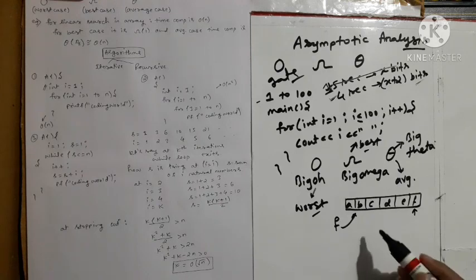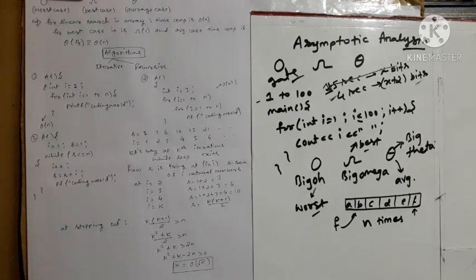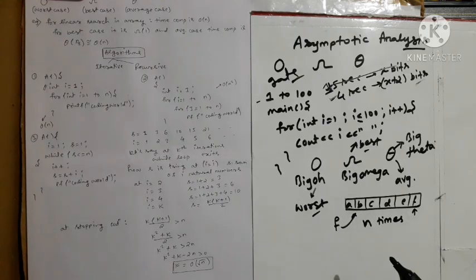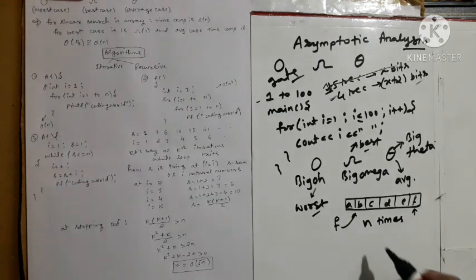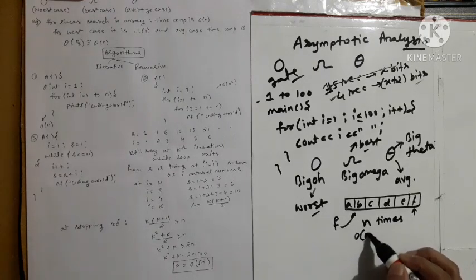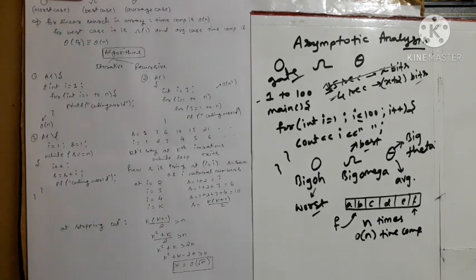So इस केस में क्या होगा, सपोज अगर इसमें n नंबर ऑफ एलिमेंट्स होते तो डेफिनेटली हम लोग को n टाइम्स तक काम करना पड़ता. और काम क्या करते, सर्च करते. Will compare this element with every element of the array, and at the last index of this array we'll get this, this f is present. So definitely in worst case it is going to take big O of n time complexity, isn't it? Are you getting my point? Now see, in worst case it is going to take big O of n time complexity.